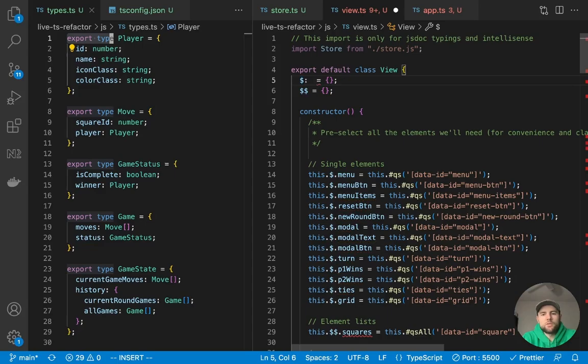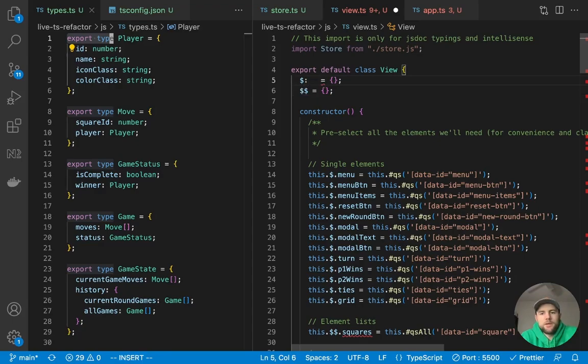So right here, this is where we will type this. So remember, $sign is just a property, an instance property of the class. You could have named this pretty much anything. You could have named this element, object, store, or something like that, but we're just doing this for a shortcut.